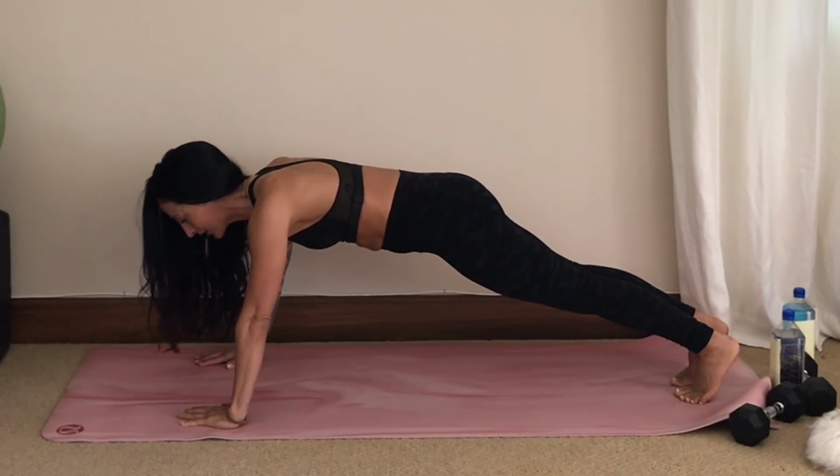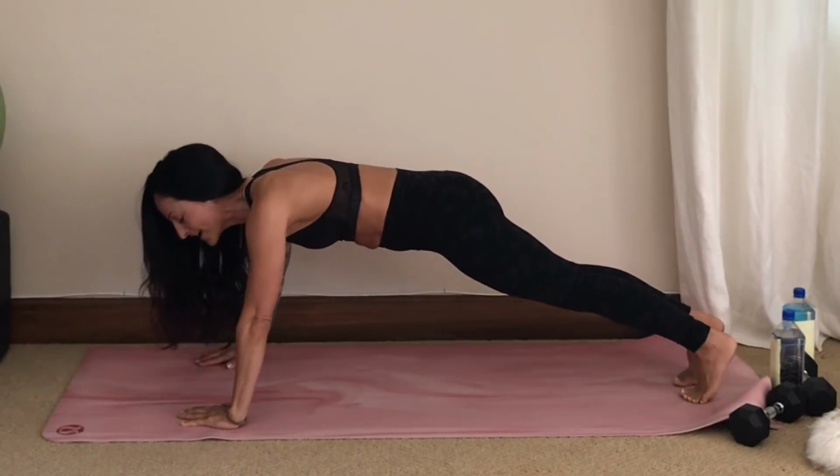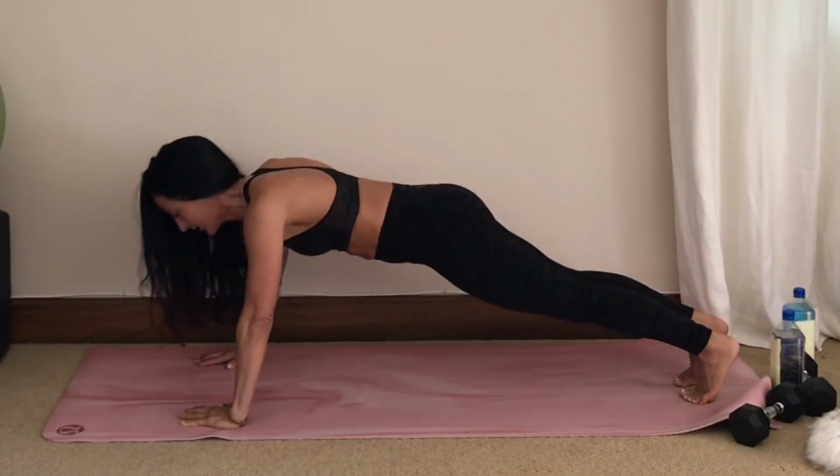That's how we get stronger. Not by hurting ourselves, by going too hard. It's by progressing, right? Hold your core, hold your plank, belly button in, and 10, 9,